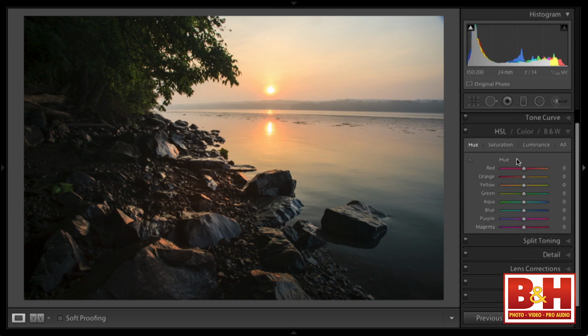HSL controls, I'm going to come back to this later because as I make adjustments, you'll see. But one of the things that I would like to do, in my mind, I'm thinking that I'd like to make this part of the image a little brighter right down here in the bottom. And I know one way I could do that, or at least one way of doing it, is by using the blue channel. Whether it'll work or not, I don't know. But this is mostly blue. And so